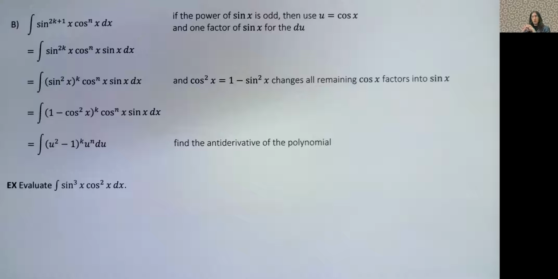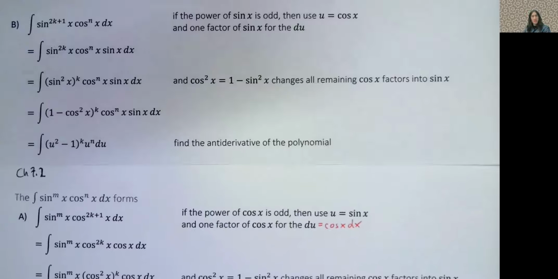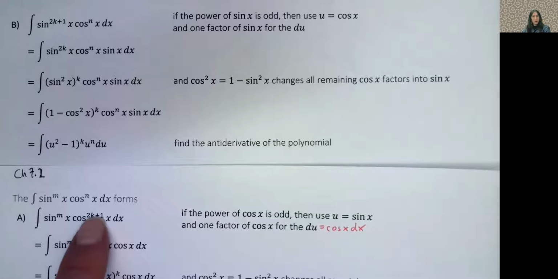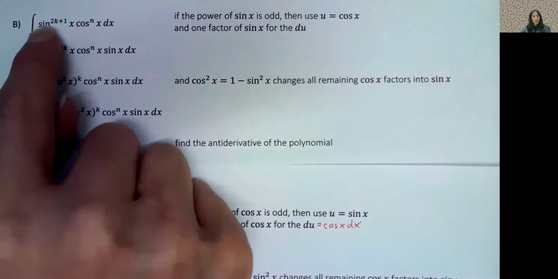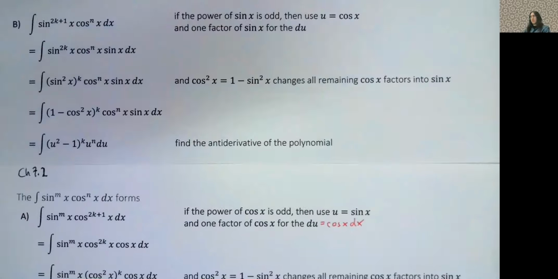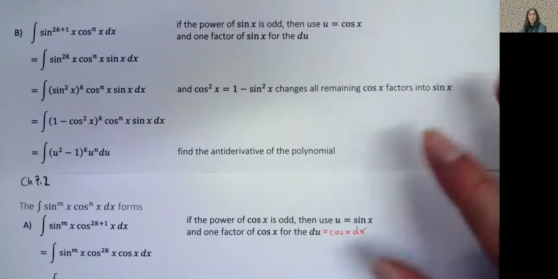Okay, so next I'm going to go through this problem, which is really just a rehashing of the previous example. You know, I had a type A integral right here where we had an odd power of cosine. Now we've got an odd power of sine, and we do pretty much the exact same thing. We just